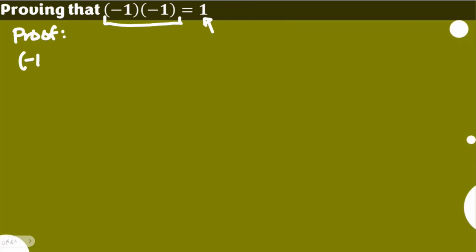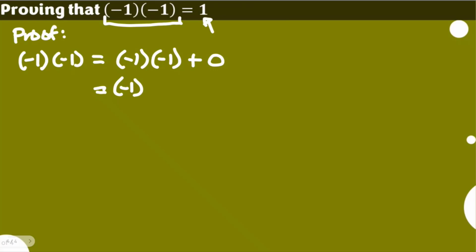Of course, we will introduce the left hand side, and we are going to use the algebraic properties of real numbers in order to arrive at our very obvious answer of +1. What I would like to do here is this: -1 times -1. Let me add 0. By adding 0, we are not changing the actual expression, but we are introducing 0 so that we could introduce additive inverses, because 0 can be a result when adding two additive inverses.